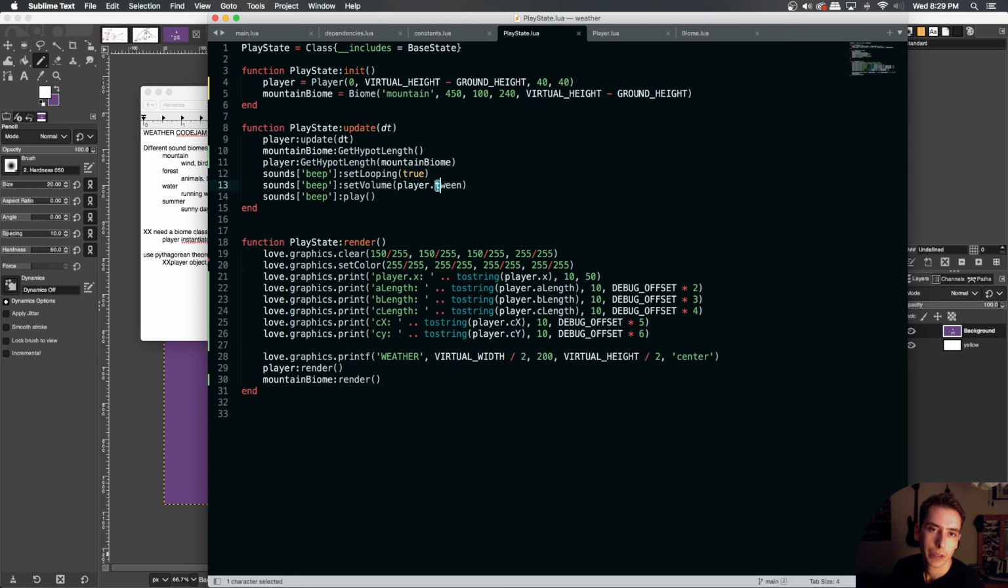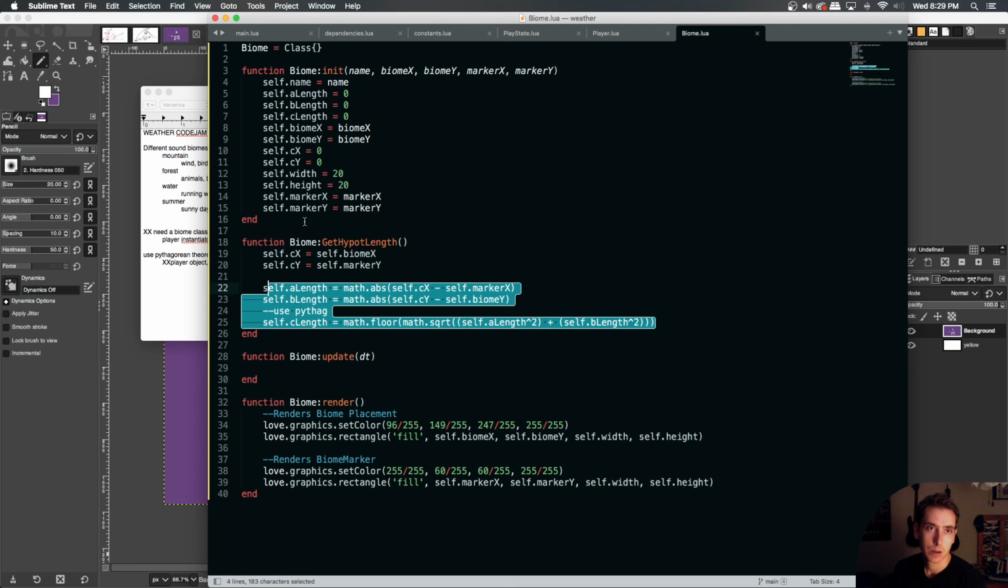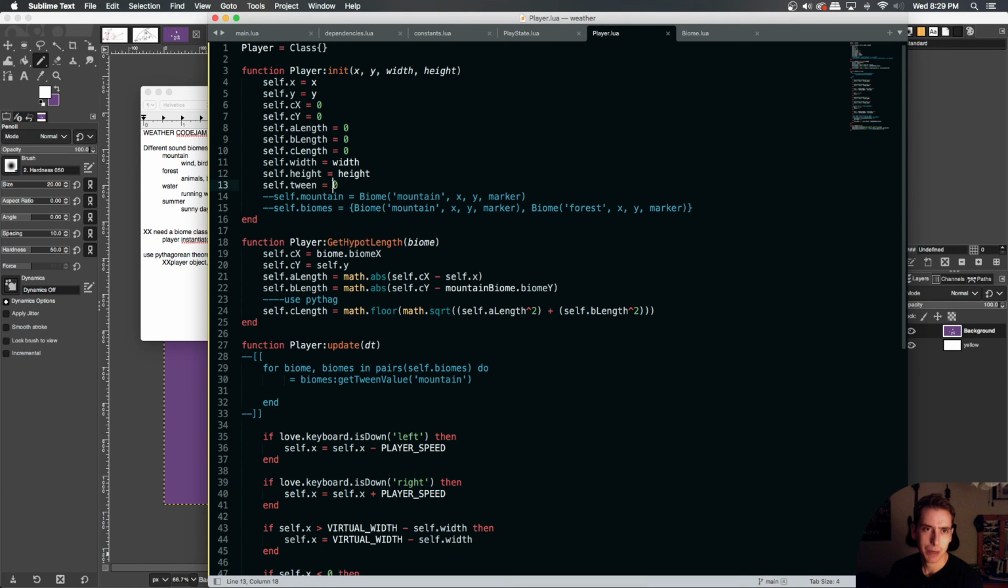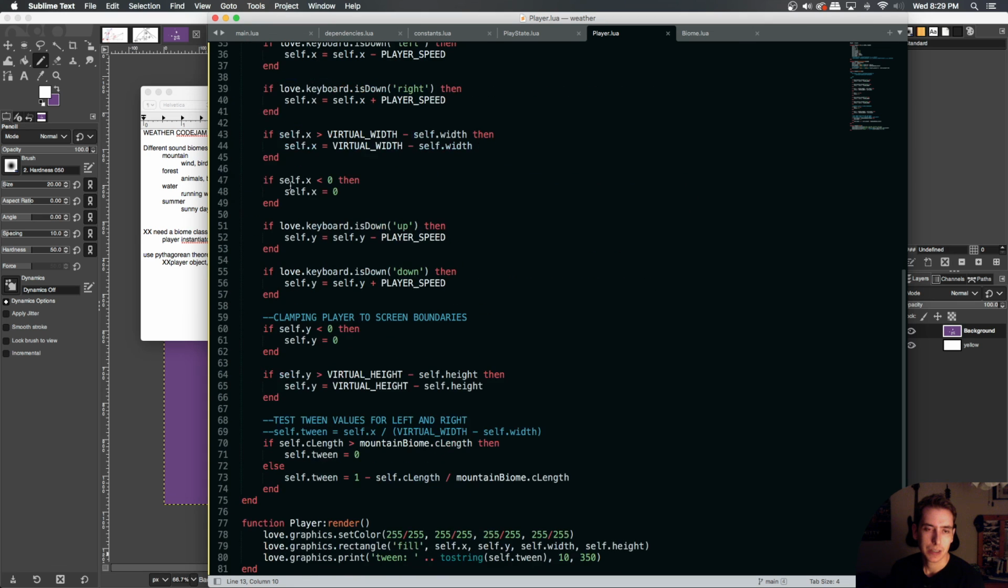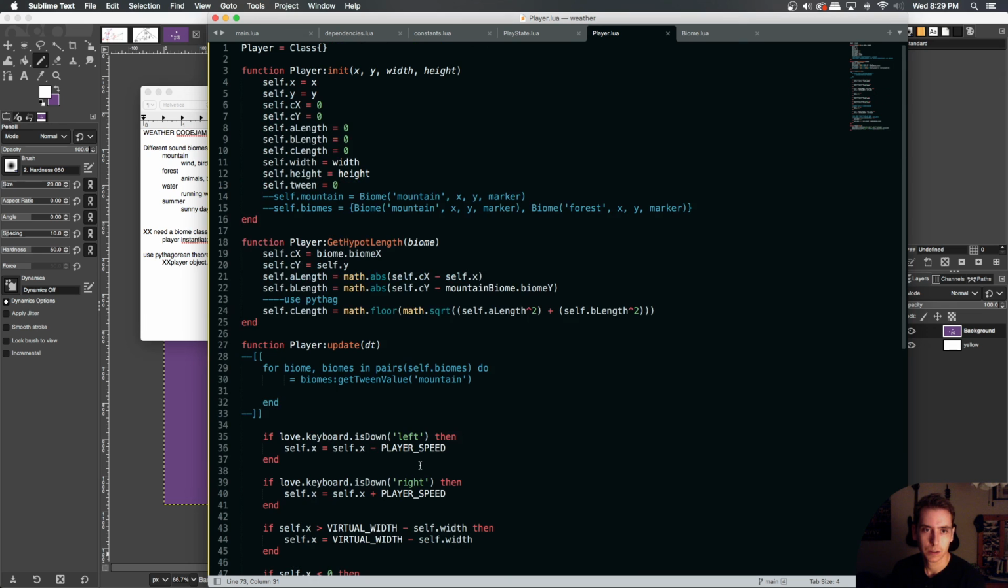So yeah, this player.tween value, we need a player.tween value for each of the biomes. So we might do something different here. Instead of player.tween getting assigned, it might be self mountain tween, and we say this is self mountain tween, and then we say, no, we need to do, I think this is okay, because I think we need to say, actually,